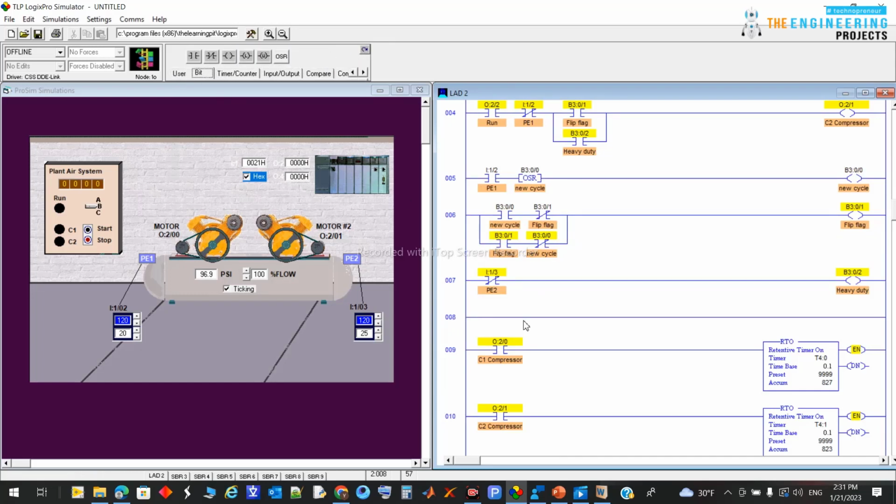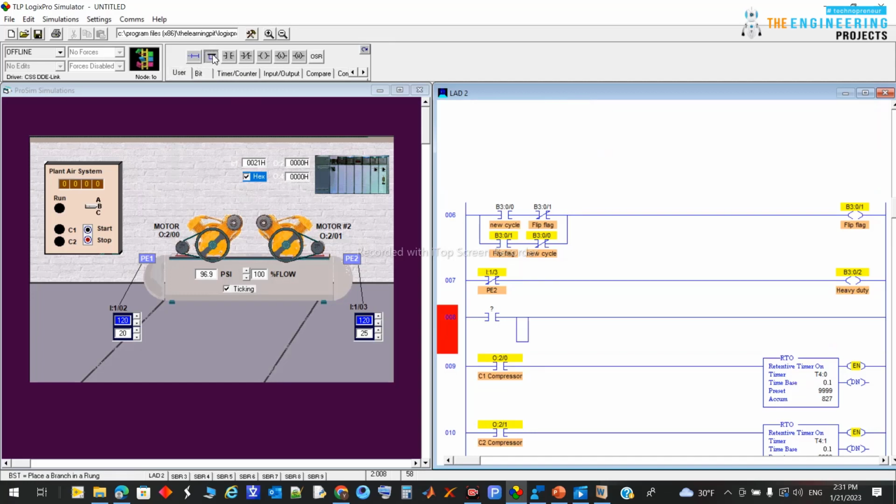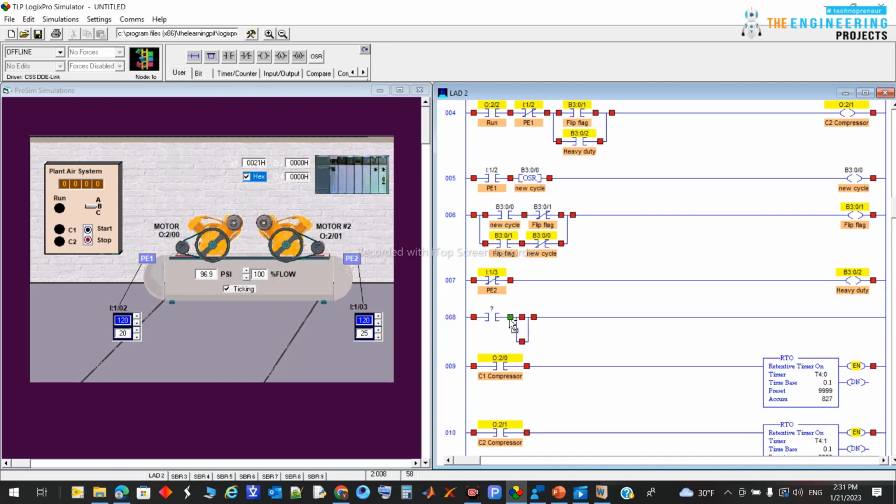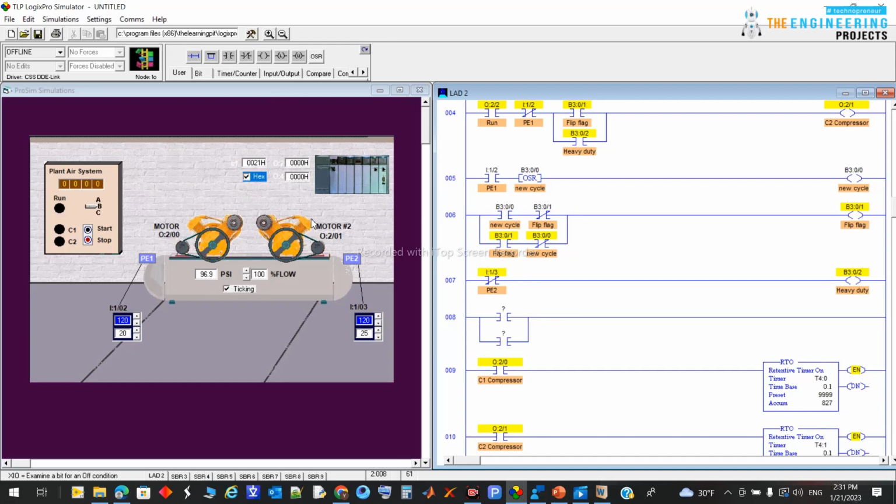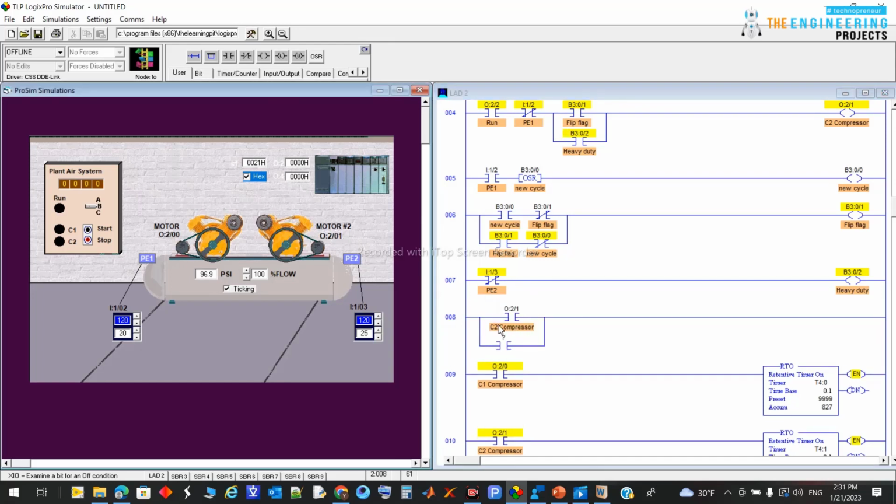What I need here is, if I have this guy or that guy, I need a branch here. So if I have that guy, or I have the other guy, which is the second compressor, one of the compressors running. So this is one compressor running. If that is running or that is running, okay,